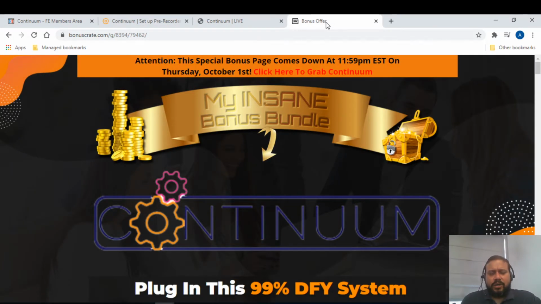So in a nutshell, in a one line summary, what is Continuum? Continuum is a cloud-based app which will potentially give you three high ticket sales based on auto webinar. So you don't have to create an auto webinar yourself. This product is an auto webinar which will integrate everything you need, and you can promote the high ticket products right there and then. It is all done for you. You just have to copy whatever is there to your landing page, and that's it. Boom, you can start doing it.